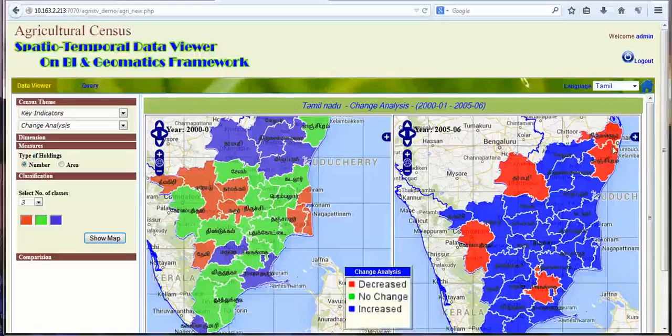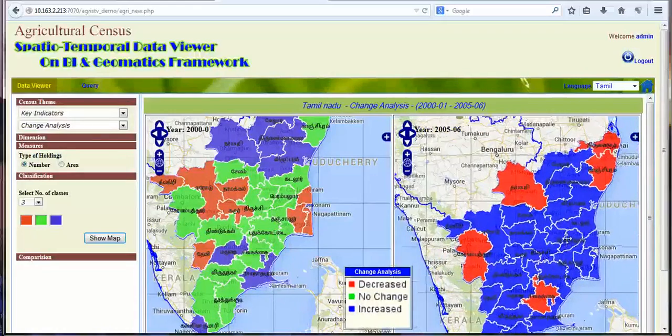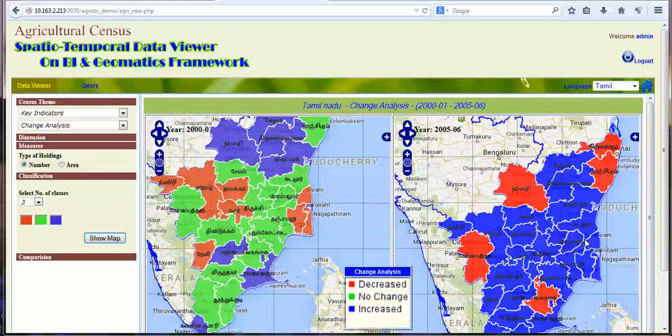So these are the 5 districts which are showing a decreasing tendency. Otherwise all other districts are showing an increasing tendency. So this is one way of seeing the data, and similarly we have also compiled under key indicators